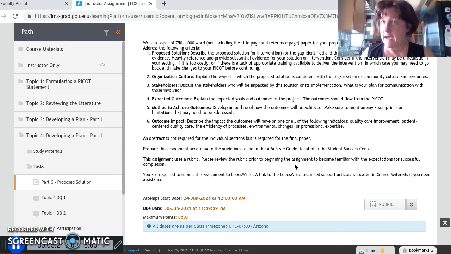So if you already have a tool and can prove that it has been validated, that's fine. You just need to bring that into your final project, and you can put it here. But there's actually a section in either D or E that talks about validation of any use of tools and questionnaires. So if you change a validated tool in any way, let's say you don't like that question,